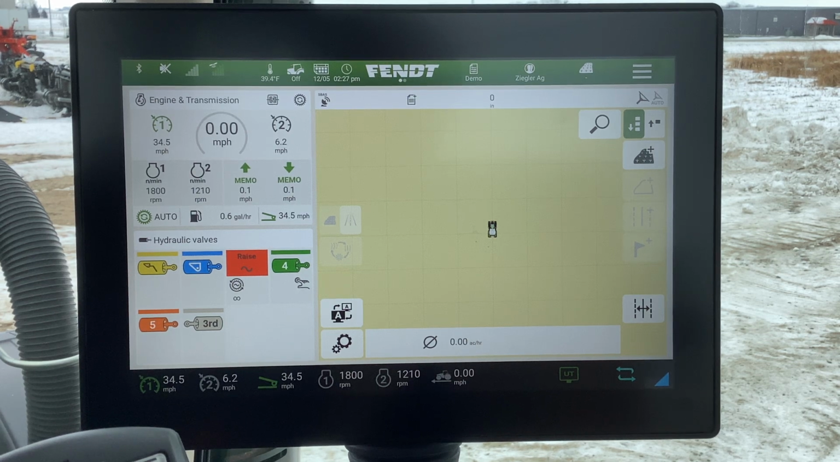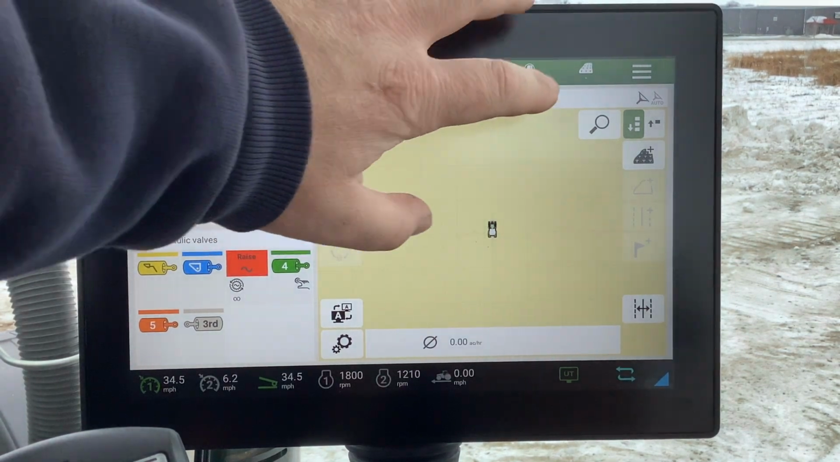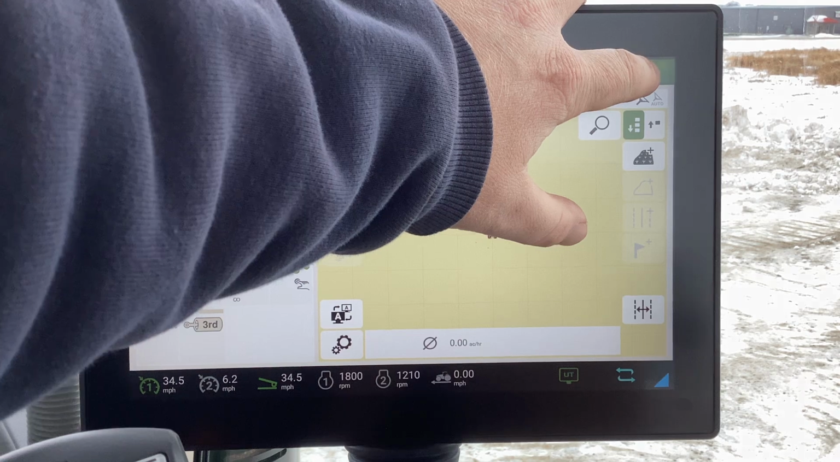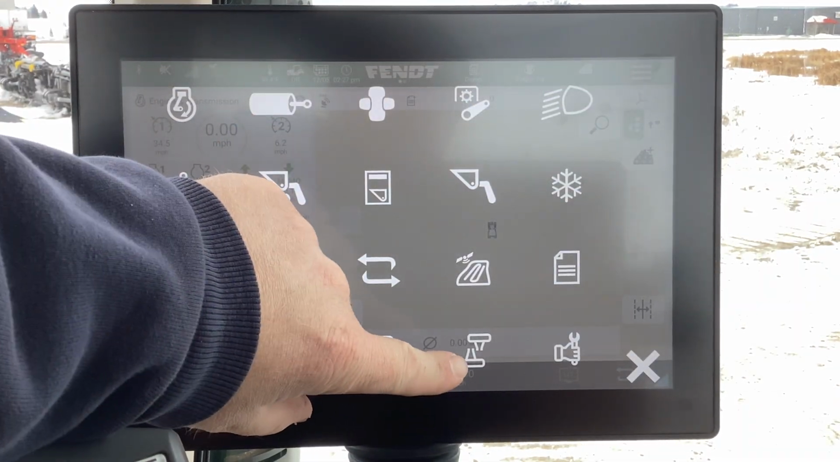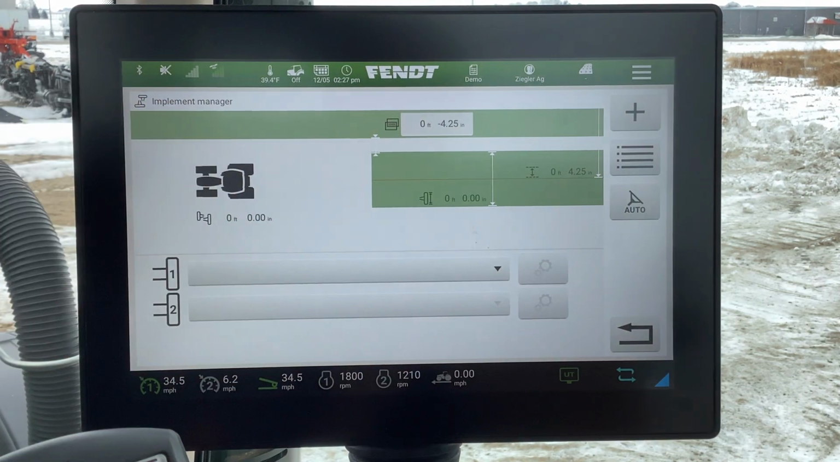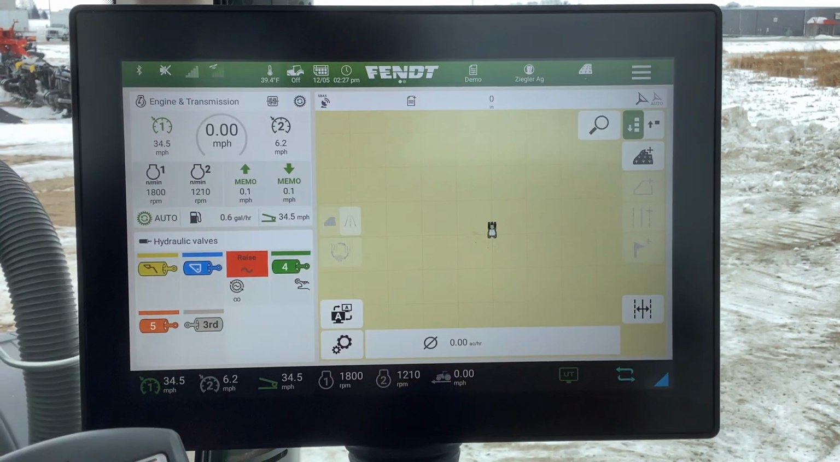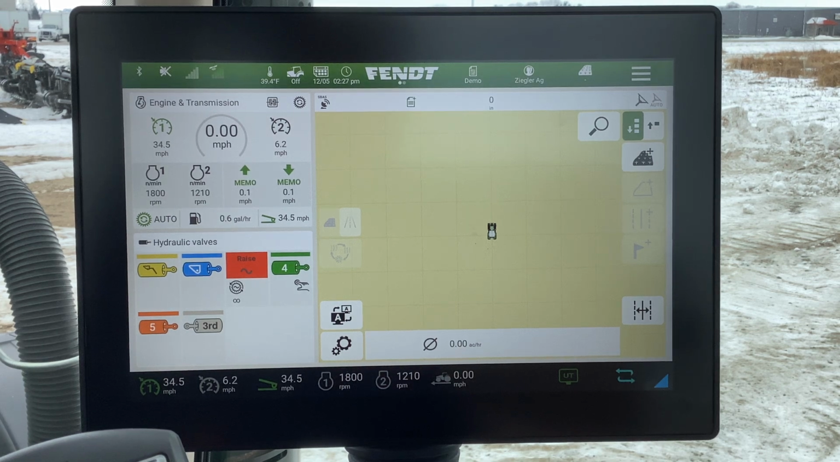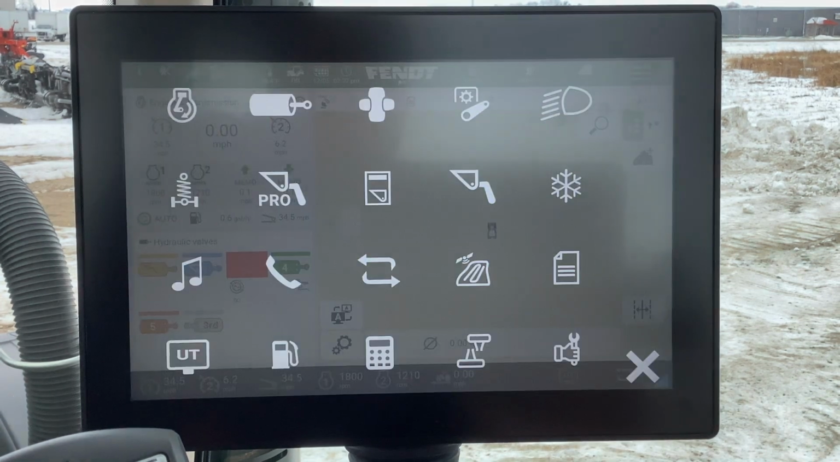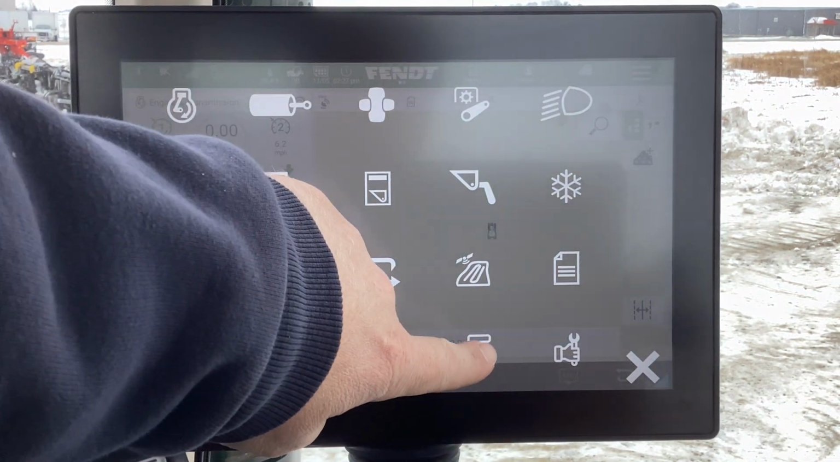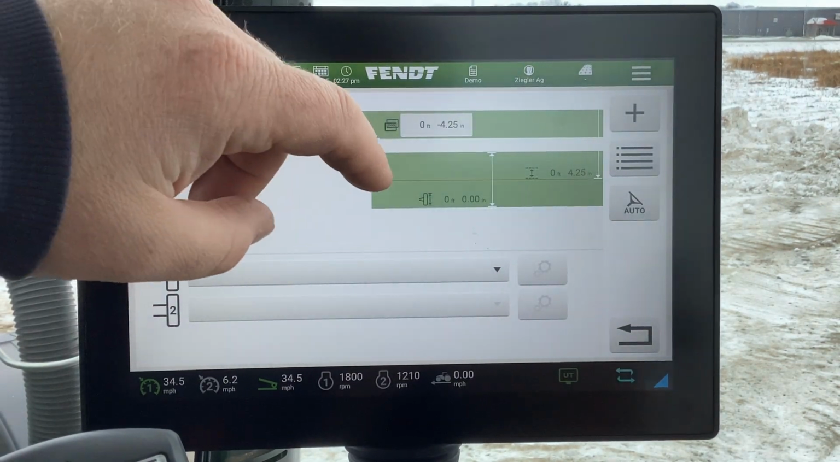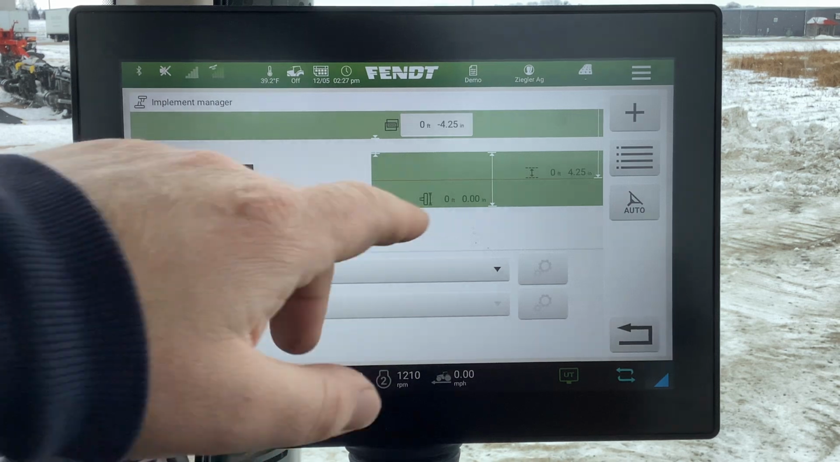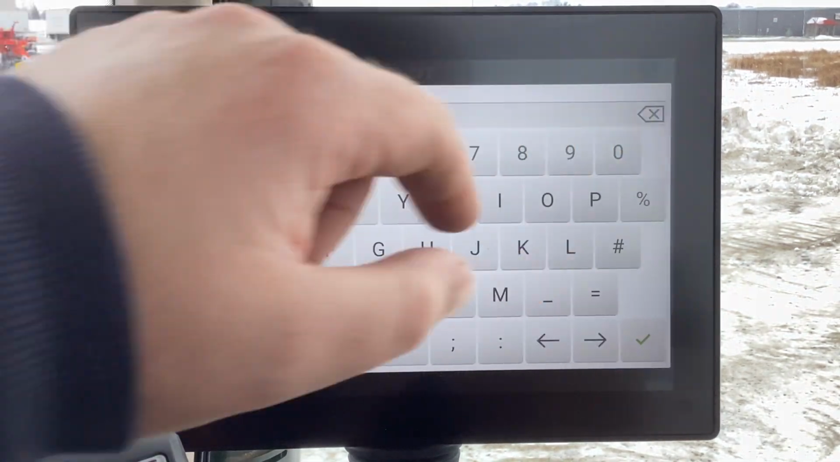So to get to the implement page, we can hit the menu in the right corner, go to Tractor Functions, go to the Implement Manager symbol. We can also hit the 9 square button down on the armrest and hit the Implement Manager button. So on the Implement Manager screen, if we want to add an implement, we can just hit the plus